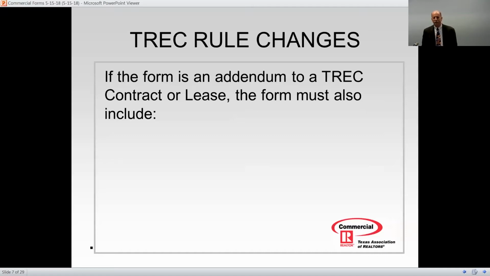Okay, now once again, for most people listening to this who are doing commercial, this isn't going to apply to you because TREC doesn't promulgate any commercial forms. But if you're using the TREC 1 to 4 family form and you're using a standard addendum, an addendum that you have always used in the past on this contract, that's not a TREC promulgated addendum,